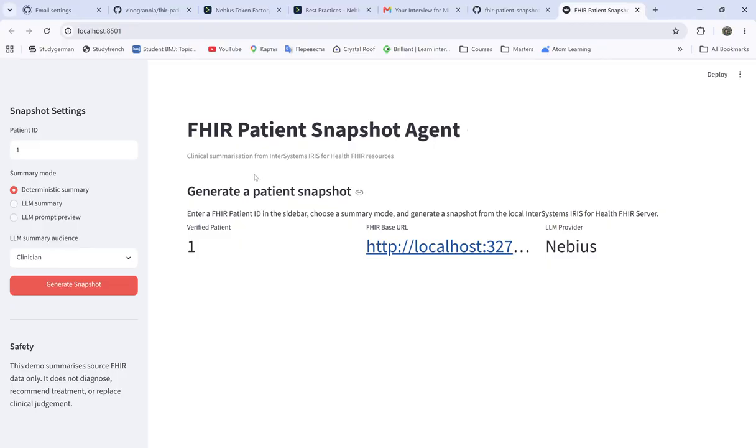It implements a smart patient summary generator, an AI agent called inside a FHIR interoperability solution. The application retrieves structured FHIR resources for a selected patient, selected with the patient ID, from InterSystems IRIS for Health FHIR Server. The Python agent